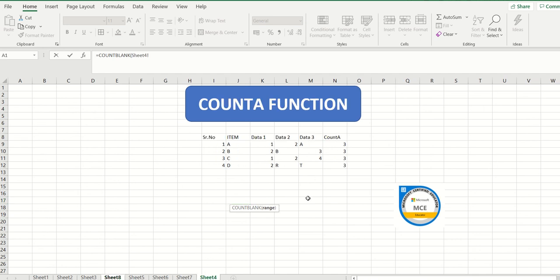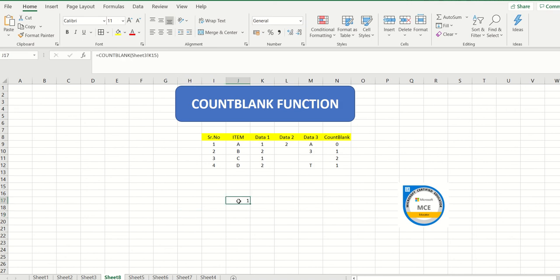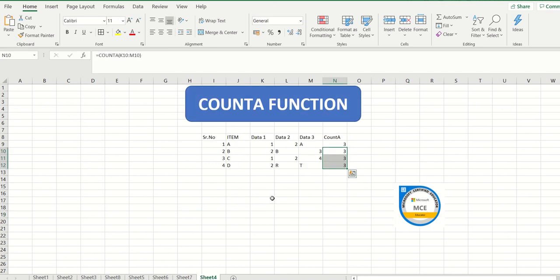And then we also did the COUNTA function. COUNTA is going to count the number of cells which have numbers and also alphabets.